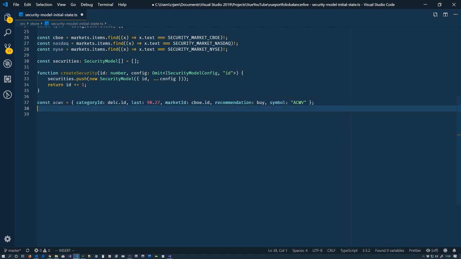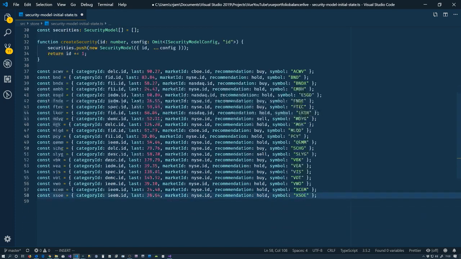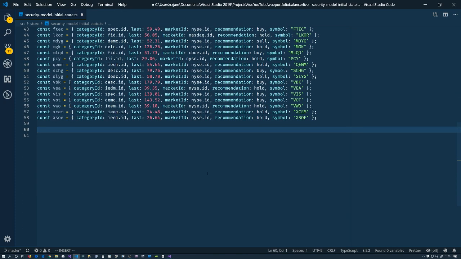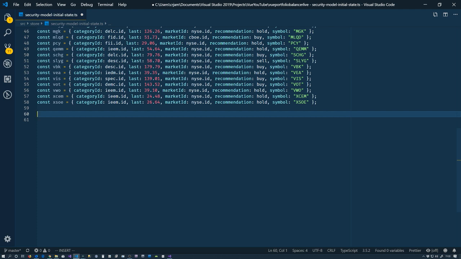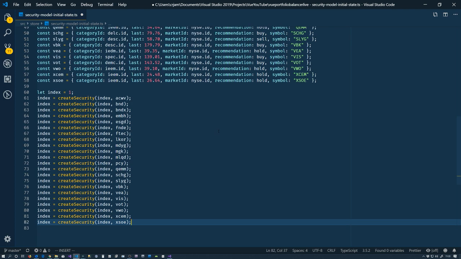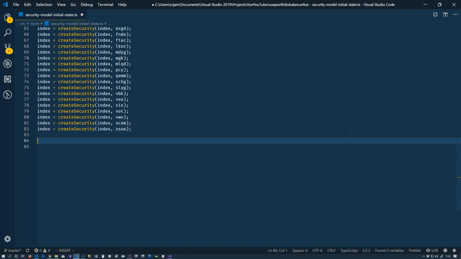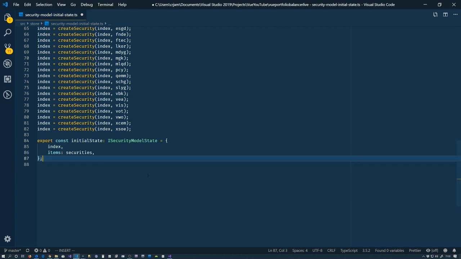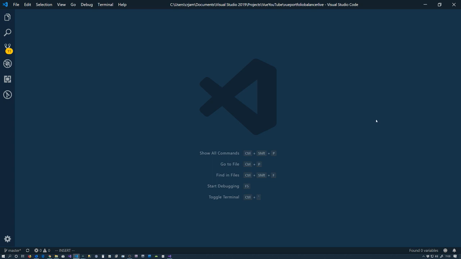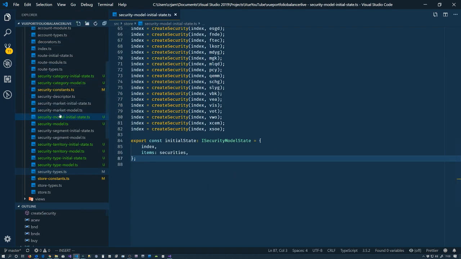Right? So let me create a whole bunch of them. Ones I've looked at in the past. So we have those, and now when we actually create them, what we do is create them down here. So again, we've broken it up in 2 steps just for the size of everything. So now we've created our securities, and we need to export the initial state. Save that. Perfect. So now let's go into our index.ts file,